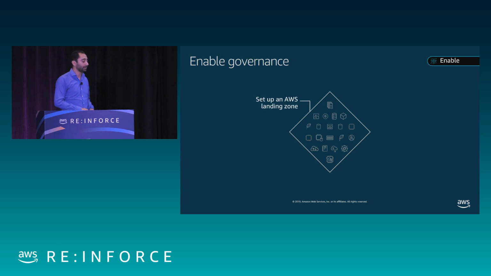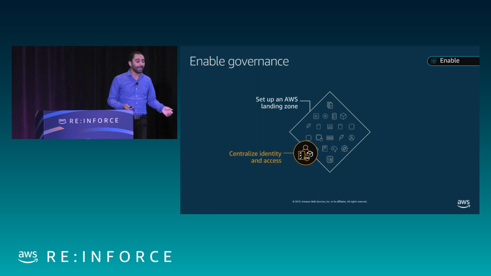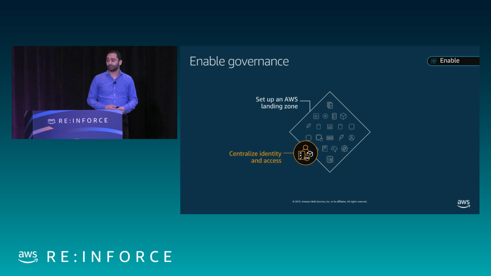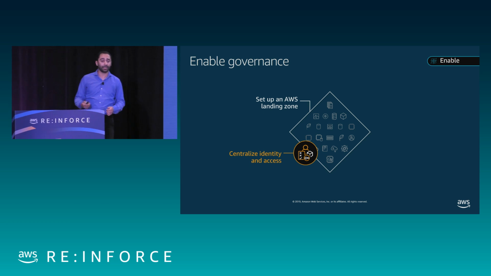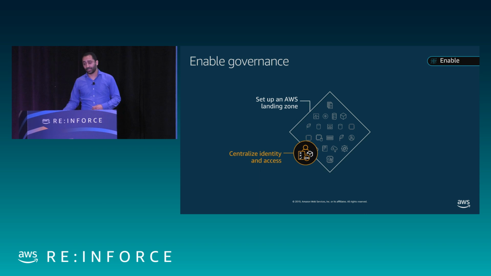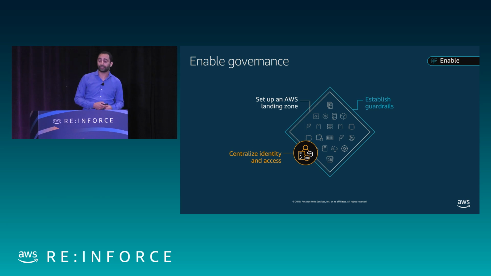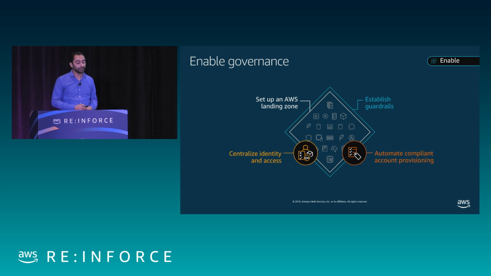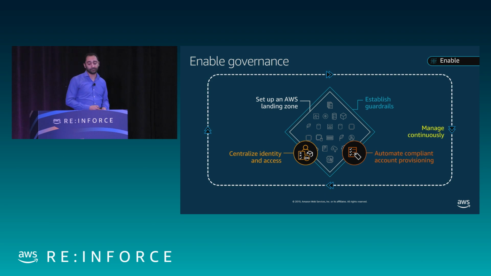So you get to enable, you set up a landing zone, you have the centralized identity, so it uses SSO. So back to that idea of federation that we talked about, using IAM is not as easy to manage. But if I've got a single provider for my identity, single sign-on, whether it's a directory, Landing Zone sets it up by using an Active Directory. Here it uses AWS SSO. And we'll dive a little bit deeper into one versus the other and when to choose one versus the other. But for now, Control Tower only supports SSO. So it becomes harder to integrate with additional ones. Puts guardrails in place and automates the checking around them.